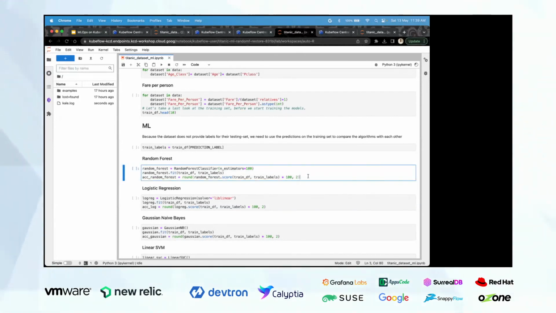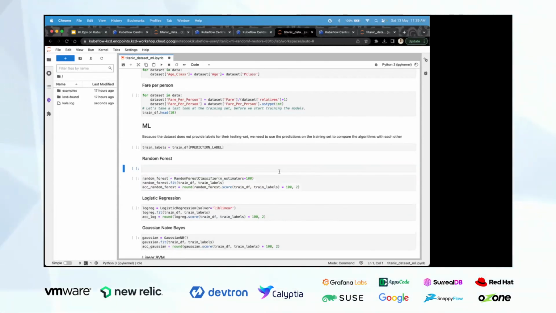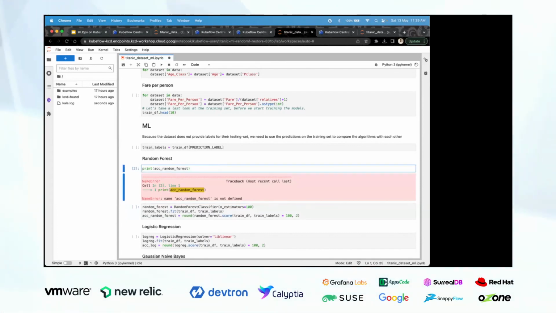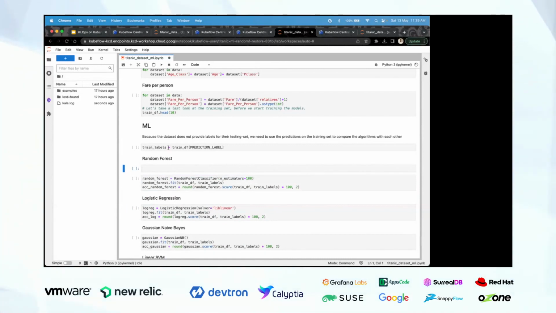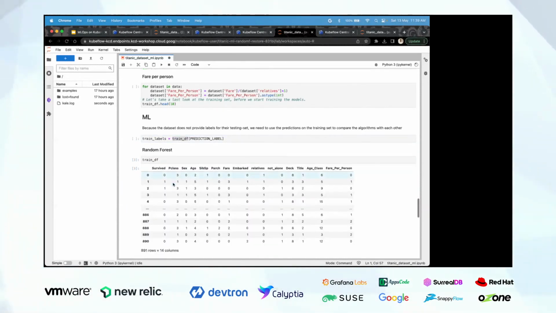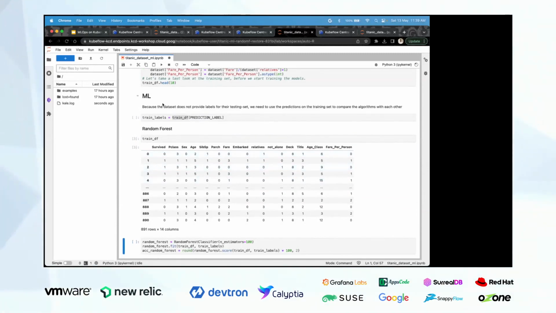Whatever has run before this particular cell has been initialized. So suppose I run train df, I can directly see what train df is without running the previous cell.